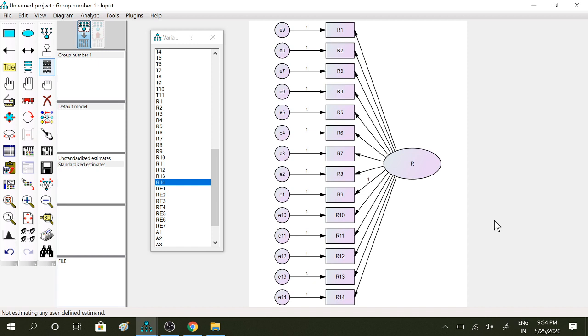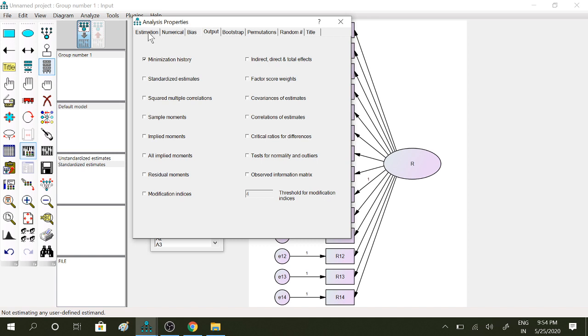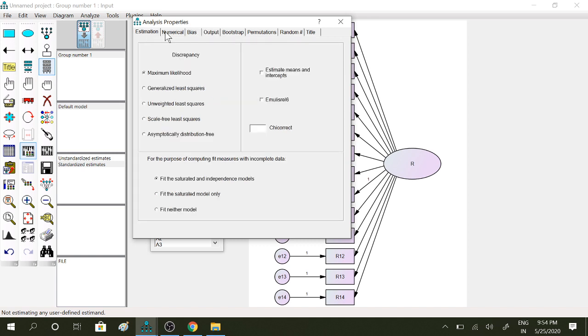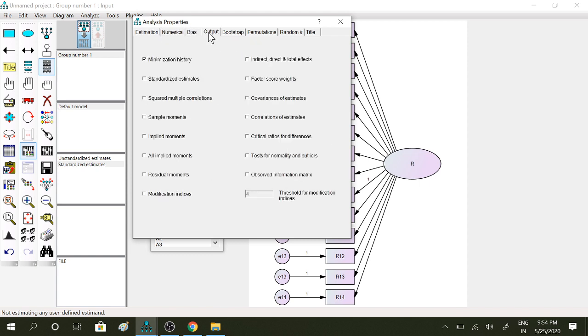Okay, now go to view, click analysis properties, estimation, don't change, numerical, don't change, bias, don't change, output, we make it standardized estimates and squared multiple correlation.